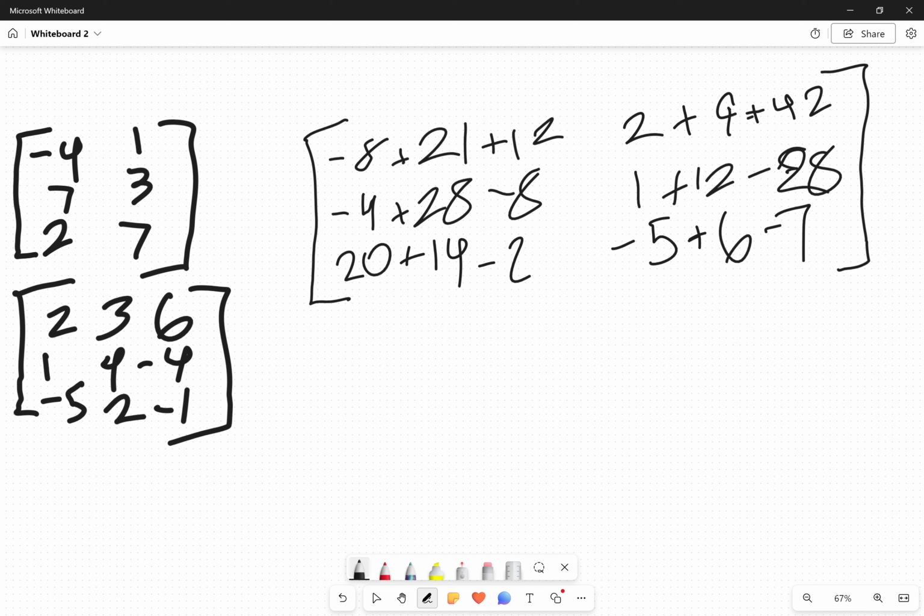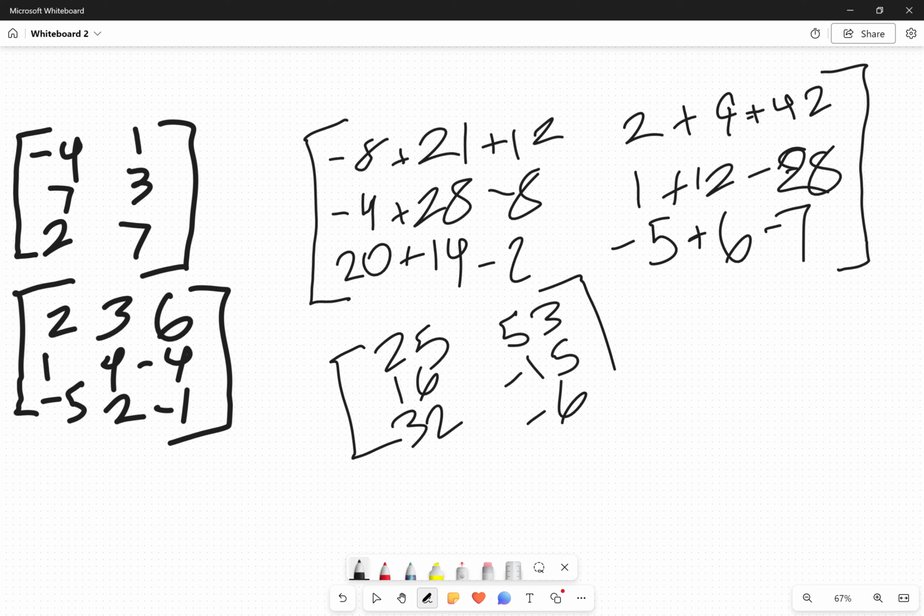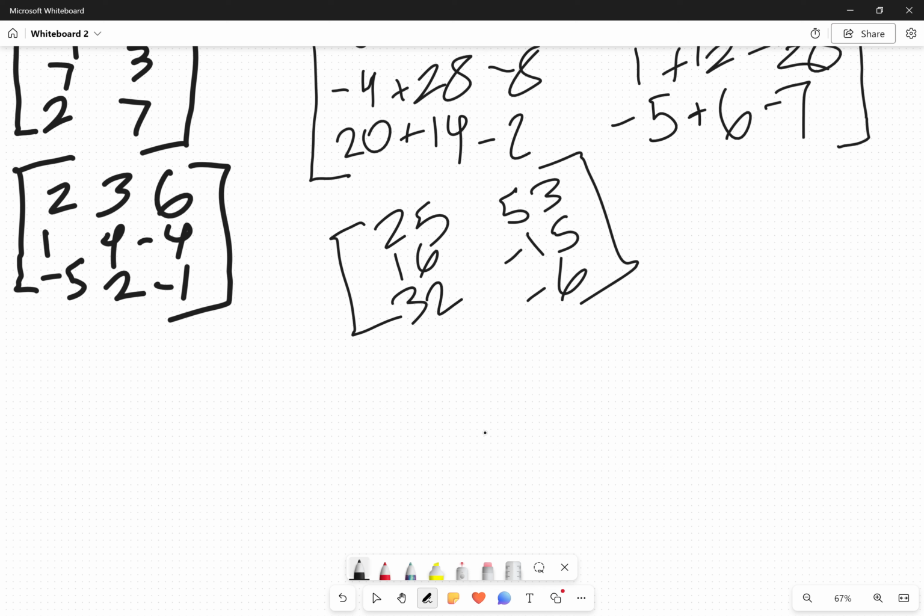Now, what you have to do is add up everything. So we should get 25 up there, 53 here. We should get 16 here, -15 here, and then last but not least 32 here, and that looks like -6. Box it off, or close the matrix, and we get